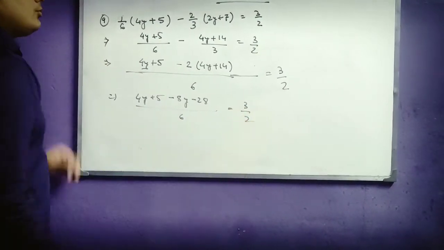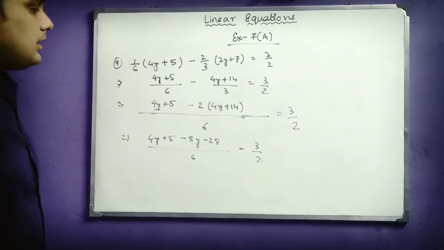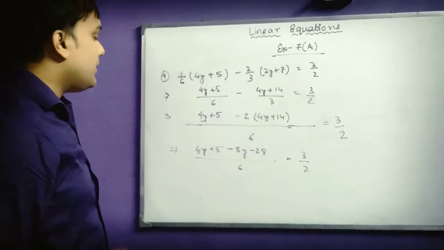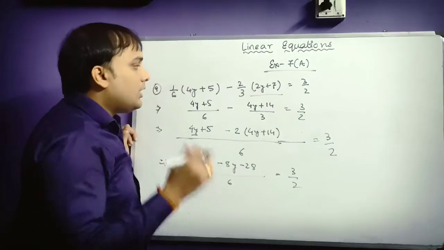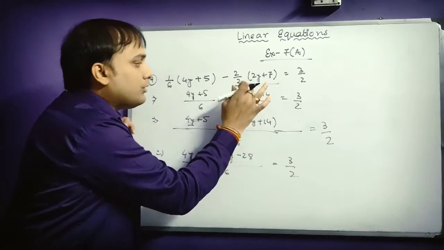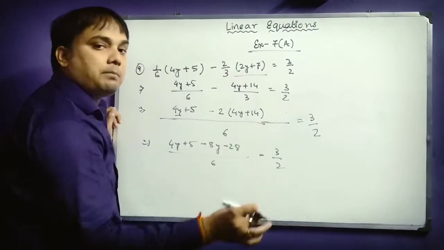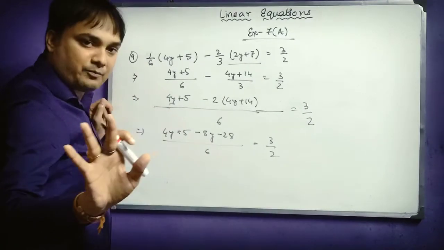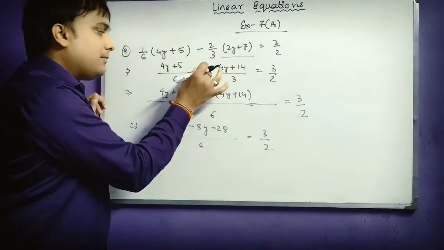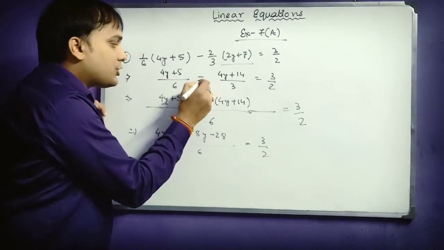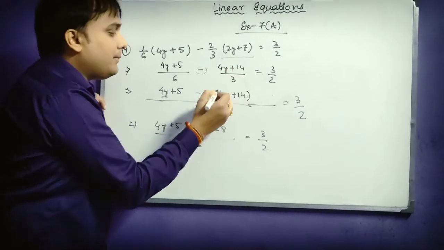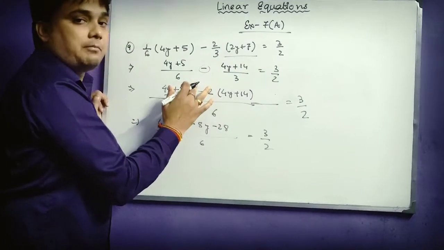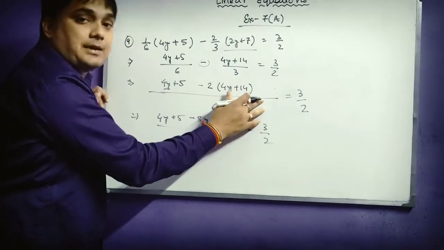Students, I would like to draw your attention to one thing where many students make a mistake. See, actually this negative sign is with the complete bracket, okay? So when you're multiplying this with 2, the complete bracket, you just multiply it with 2 only. There is no need of multiplying it with minus. You keep the minus itself here, and this minus is with the complete term here. And you will be multiplying the complete term with the minus when you are doing the LCM part, okay?